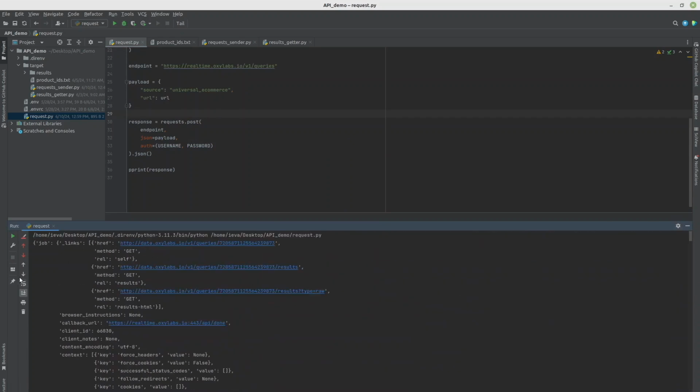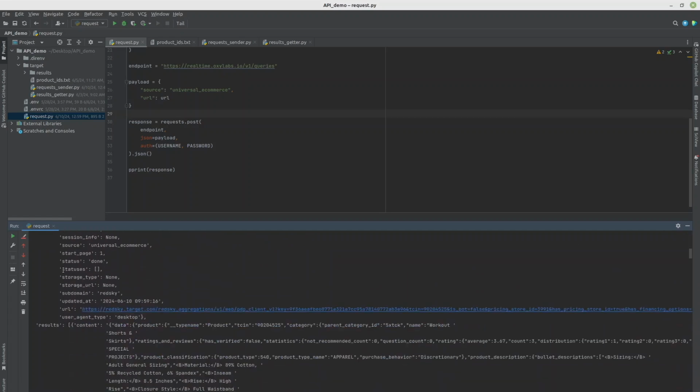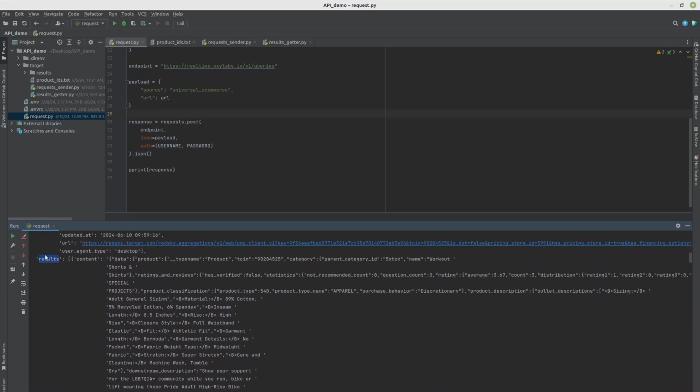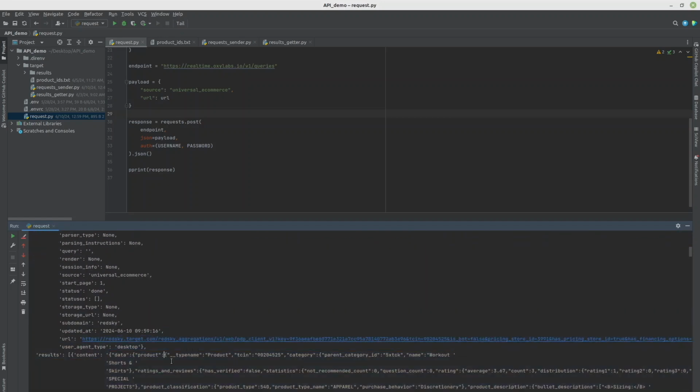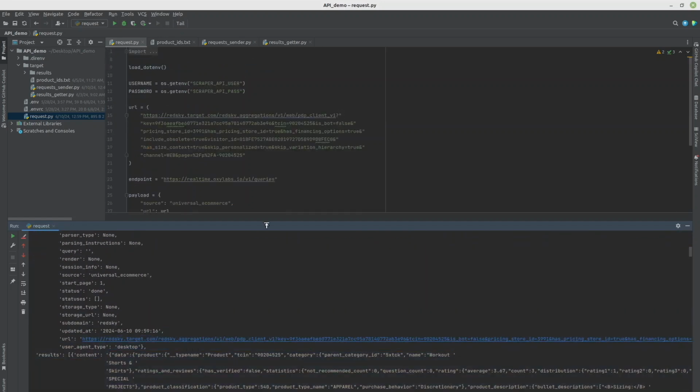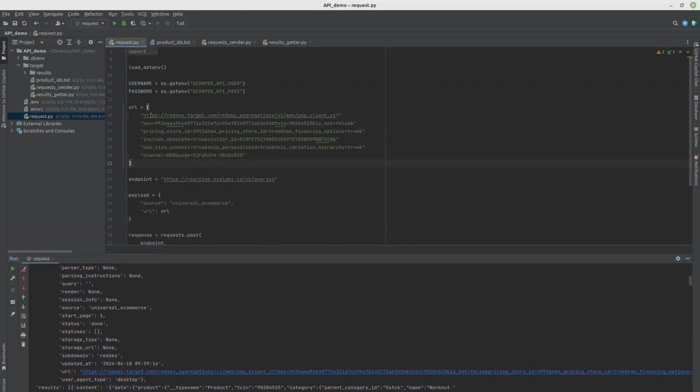Let's look through from the top. We have some general job information here. And we can see that we have our results under the content key here. And instead of HTML, we have our JSON object. Great. Now, let's see if we can take this to another level and make it a little more dynamic by